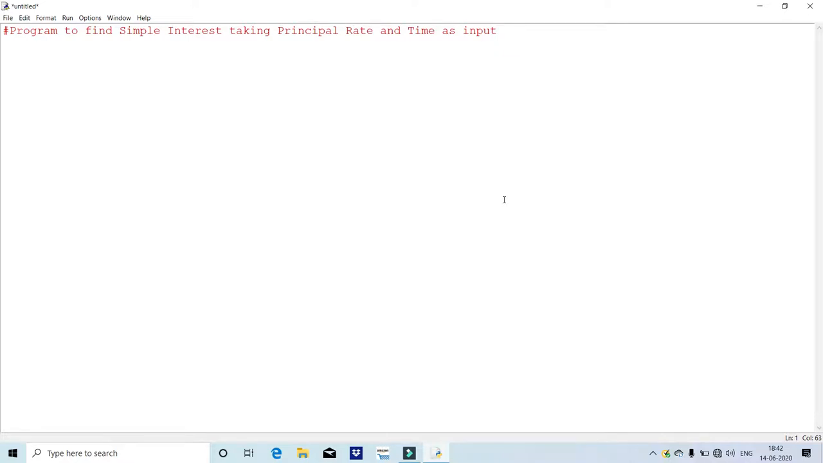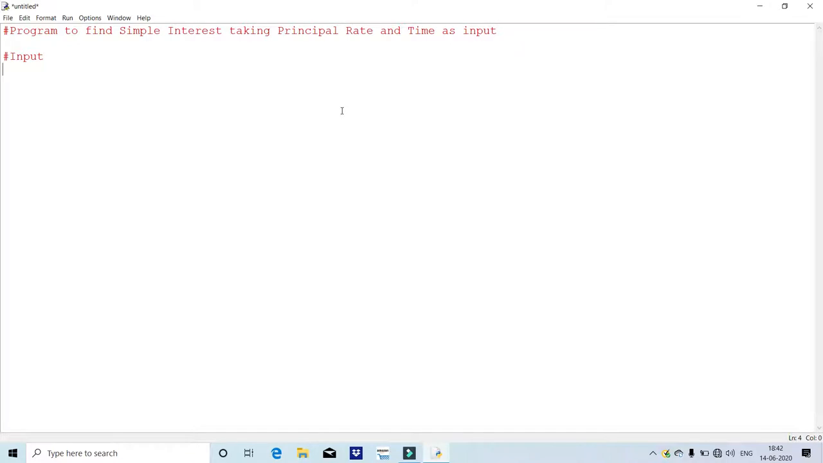In this program, we are going to find simple interest taking principal, rate and time as input. So first of all, I have already told you, divide the program into three main steps. The first is input. So in the input section, let us say I want to take input as principal, rate